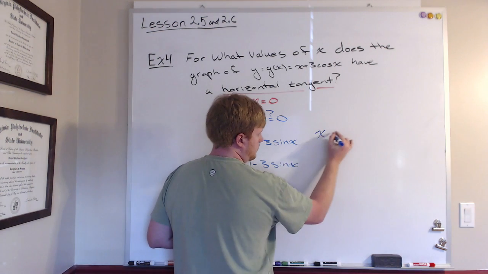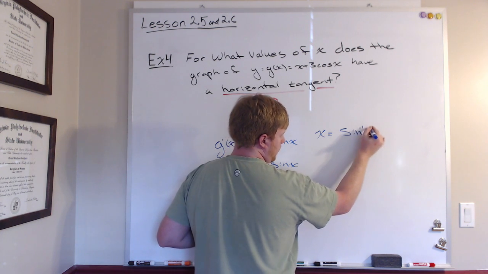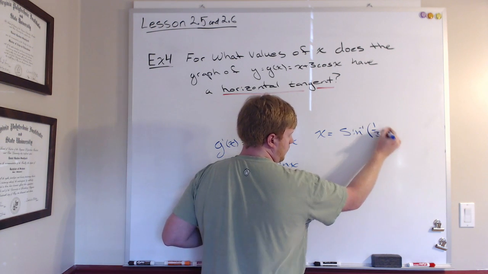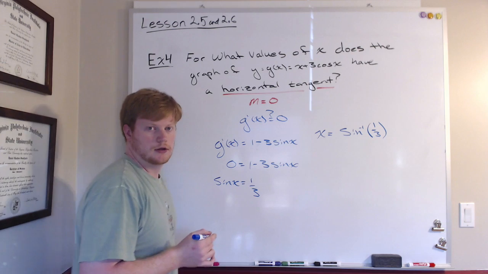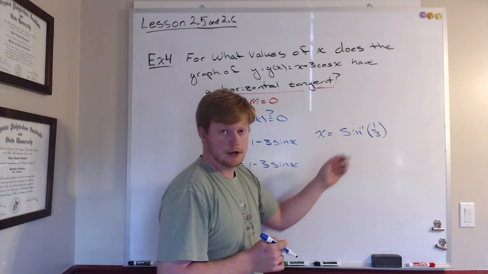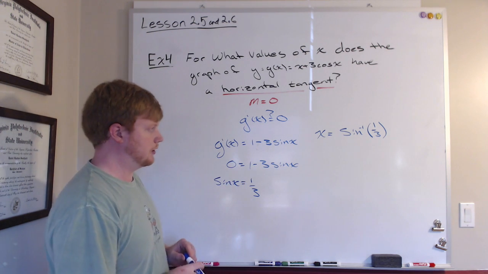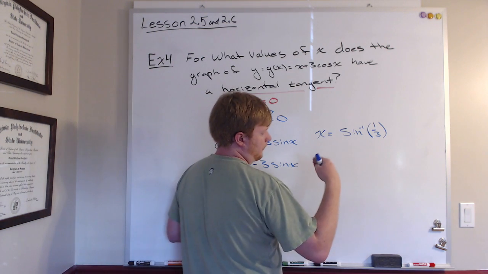Values of x that are equal to the arc sine of 1/3. Right? Now, that's going to give you 1 or 2 values, but there are an infinite number of places where this occurs, so we would have to